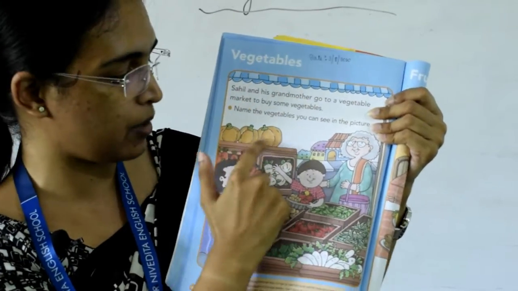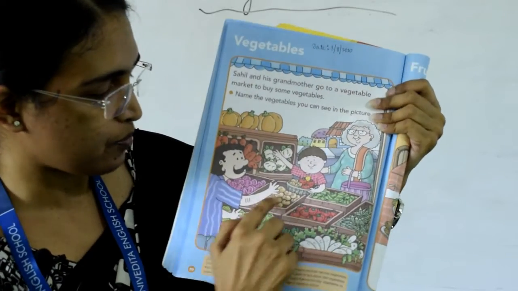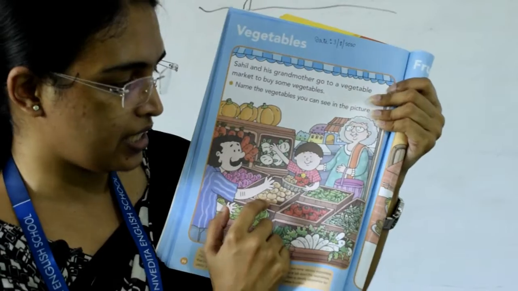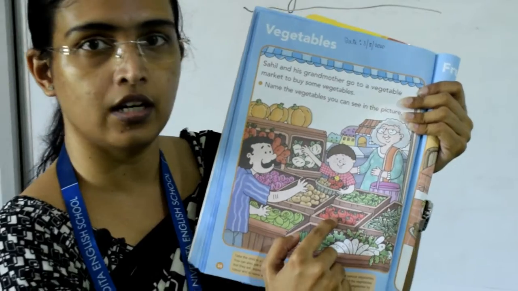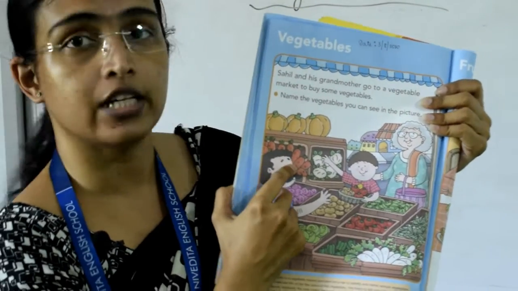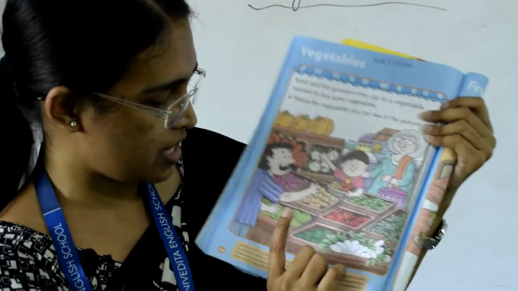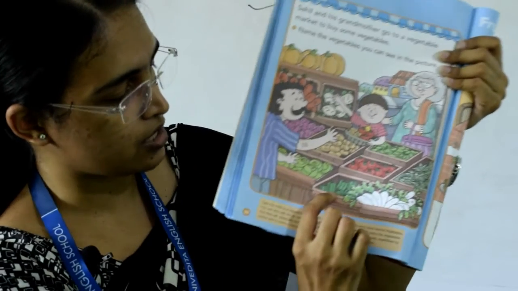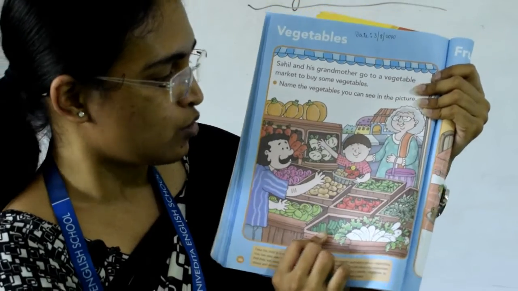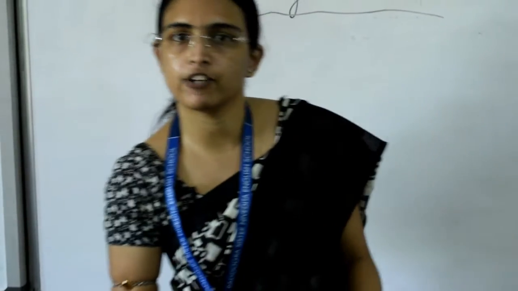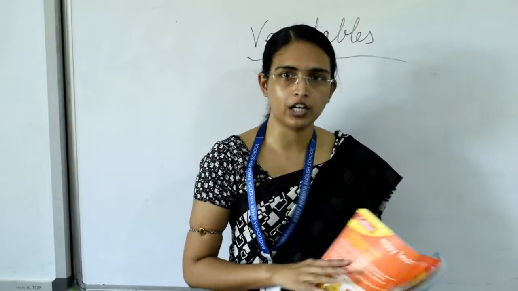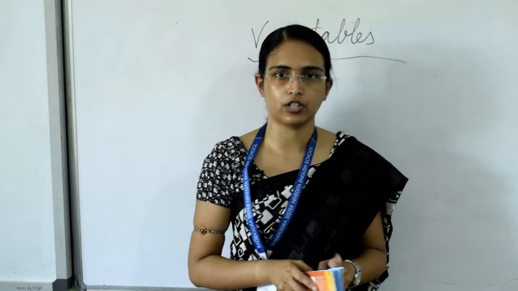What is this? This is pumpkin. Then I have shown you this one. This is potato, right? This is chili, and this is lady's finger. This one is tomato. Then this one is carrot. Now after this one is cabbage. Here this one is capsicum, and this one is radish, right? So there are so many vegetables. So when we want to buy some vegetables, where do we have to go? We have to go to the vegetable market. From there we can buy our favorite vegetables. Okay.